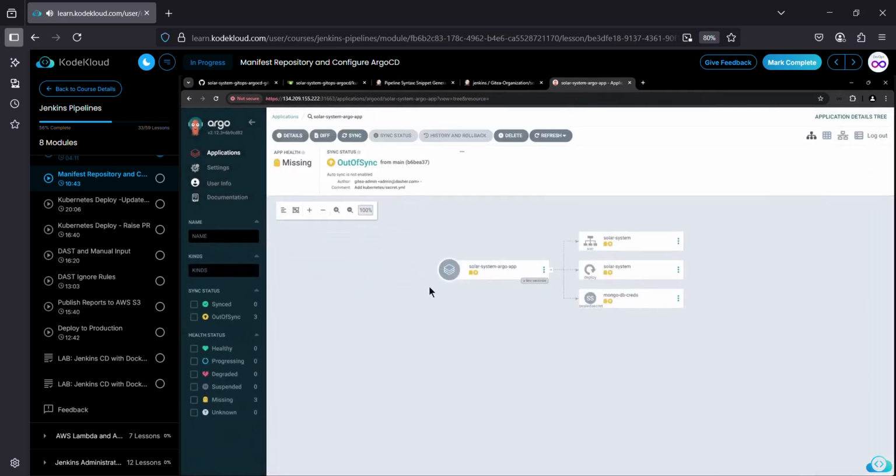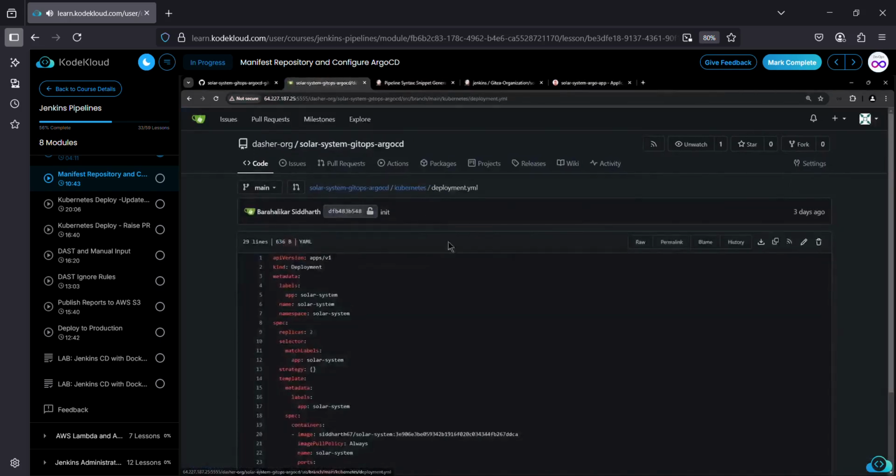So it made a call to the Git repository, and it was able to fetch the service, deployment, and the sealed secret manifest files. But it did not synchronize because we have selected manual synchronization. So it did not synchronize yet. It's waiting for our manual input. But we will not synchronize this now. So we will try to update this deployment file with the latest Docker image, and then we'll try to do